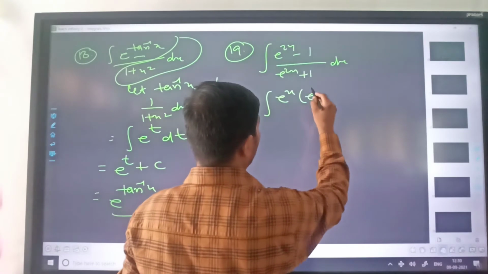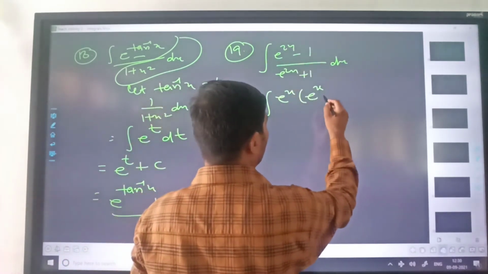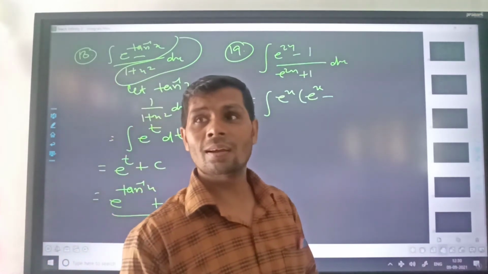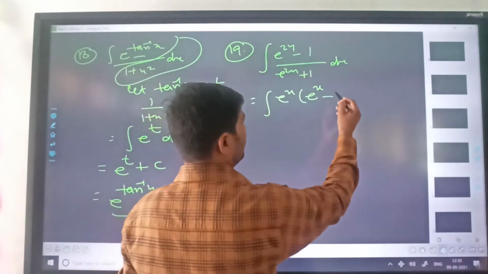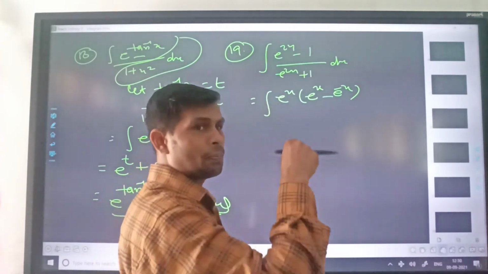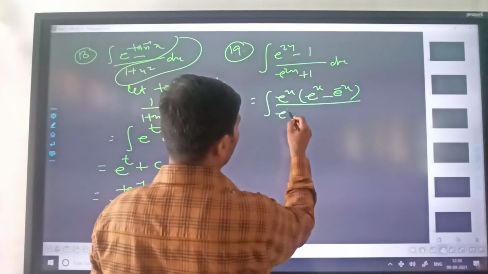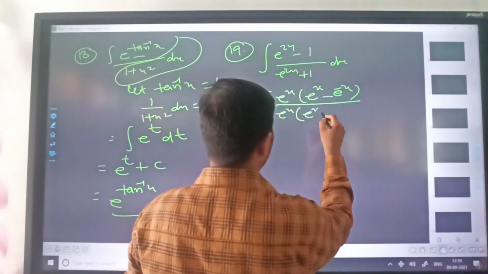After taking out e raised to the power x as common, this will give us e raised to the power x. And from here, if you take e raised to the power x common, can you tell me what will be the terms? 1 upon, absolutely right, and that can be written as e raised to the power minus x. This was the point. And in the denominator again you should take e raised to the power x common, and this gives us